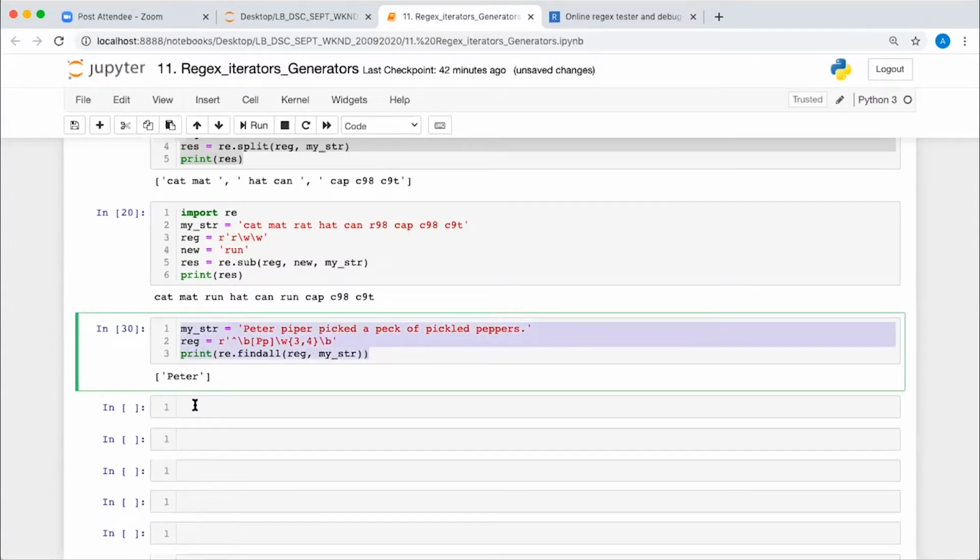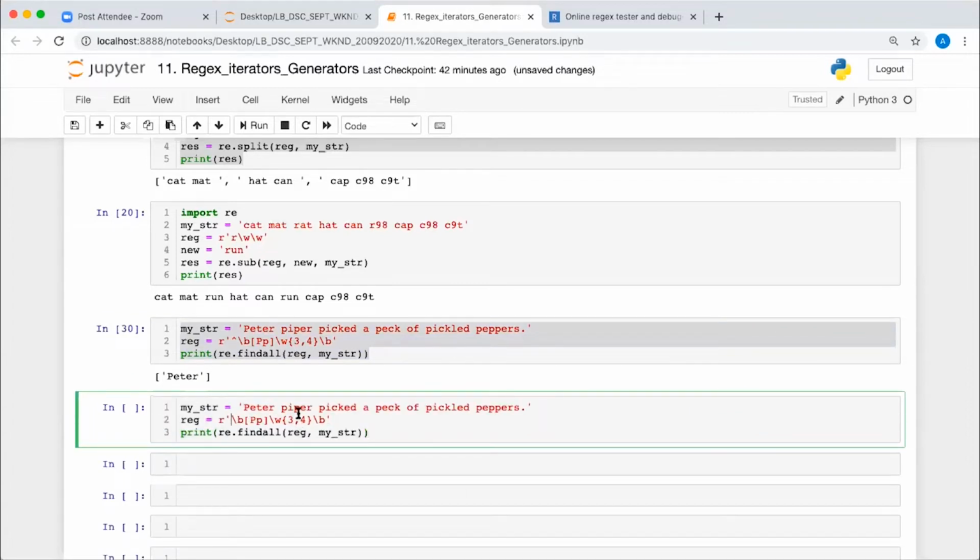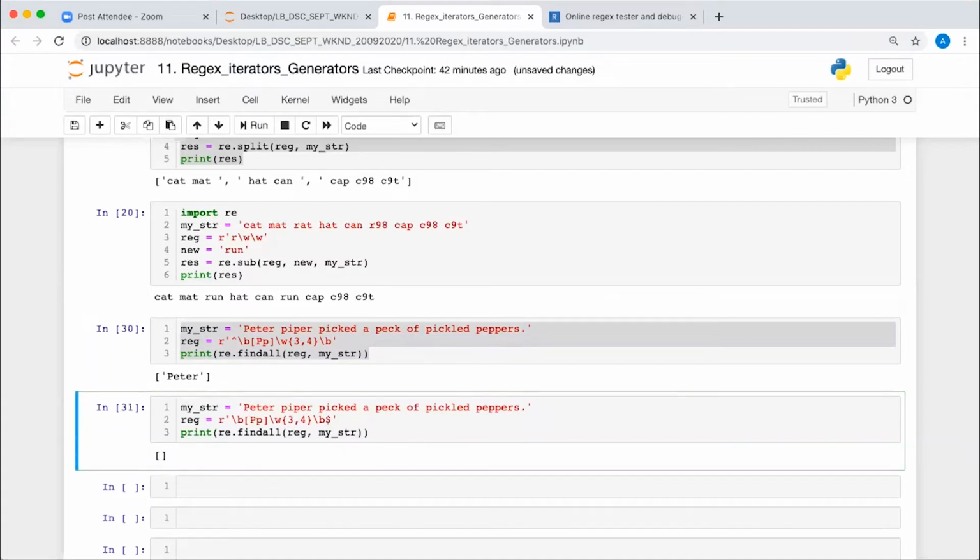If I write the dollar sign at the end, it will match only at the end of this string. If it is not found, then it will give you the error. It is not found. Let me remove this one. I'm doing 3 comma, meaning the length of the pattern may be 4 or more than 4. So now it will match papers, and this is because of the space character.